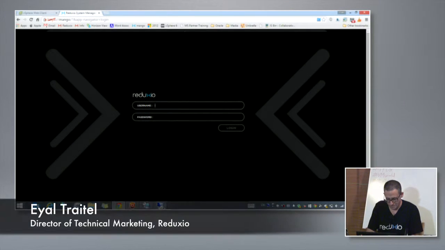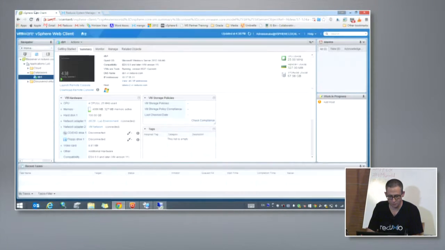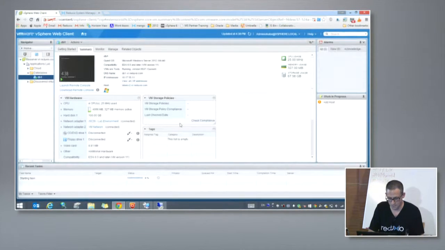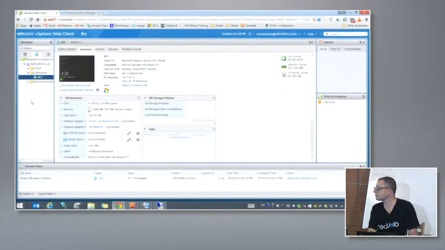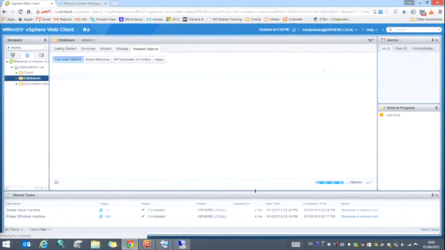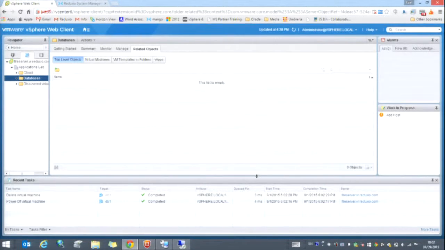So actually, what I've showed you guys is that the DB1 machine is actually a virtual machine. So this is vCenter, and you see the DB1 machine running. What I'm going to do is power it off, and the reason I'm powering it off is vCenter doesn't let you delete VMs that are powered on. I can't imagine why. So I have to first power it off, and then I'm deleting the VM. So now I have a really bad disaster because I lost the server too, not just the